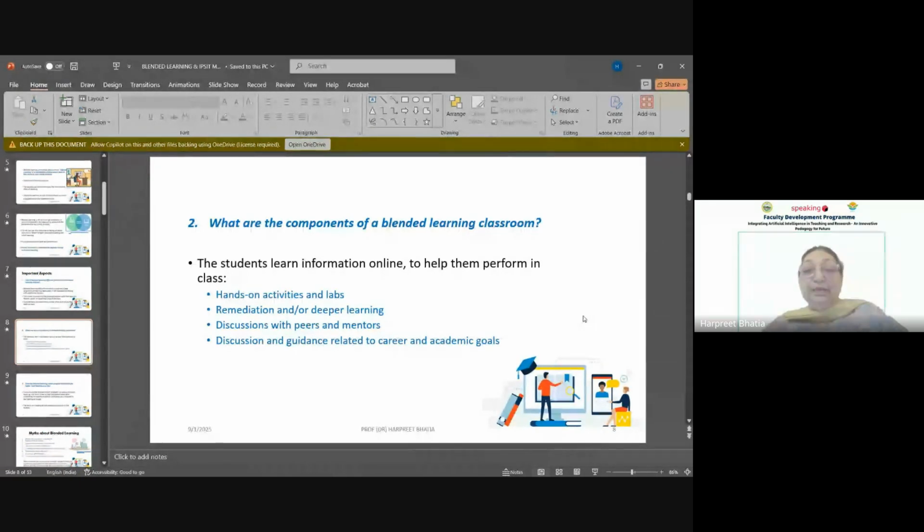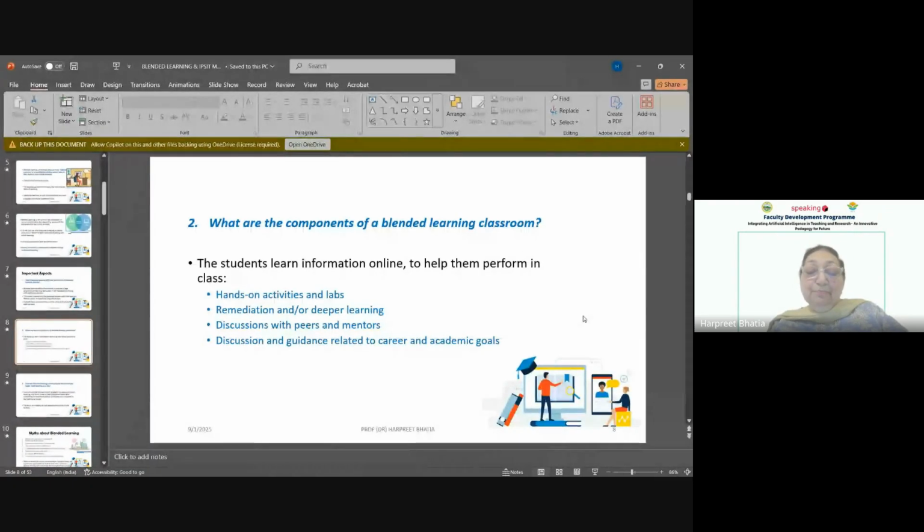which contains hands-on activities, labs, deeper learning, remedial information. If we are, those who are the teachers in this group will know that in a class, there is always a mix of students who are good at understanding, fast at comprehending things, and then there are students who are not so fast. And those students require greater attention, greater amount of time. So remediation kind of activity can be done, which will not be possible when you are doing only online or distance learning. Discussions with peers, with your mentor, with whatever projects that you want to do, what are your academic